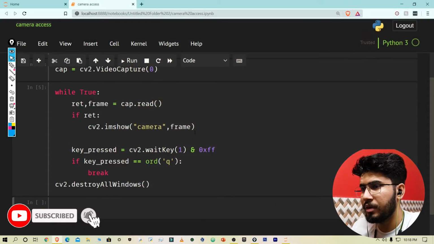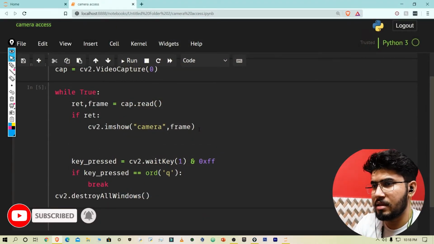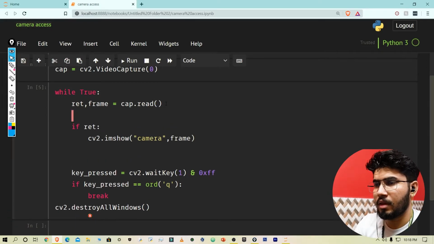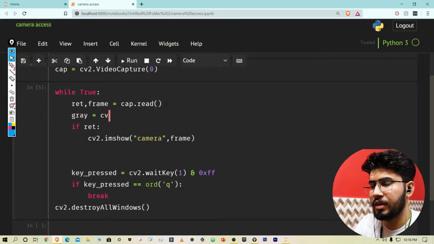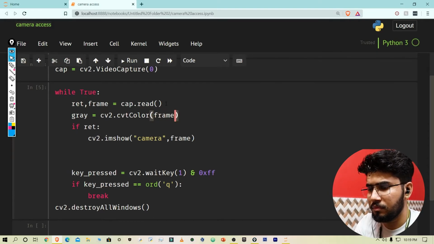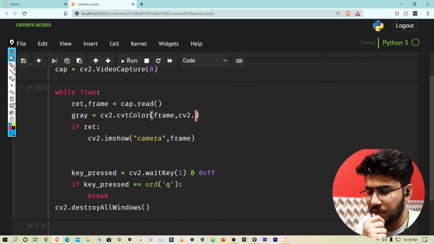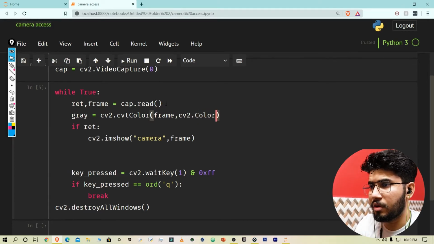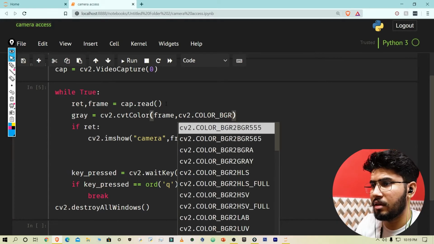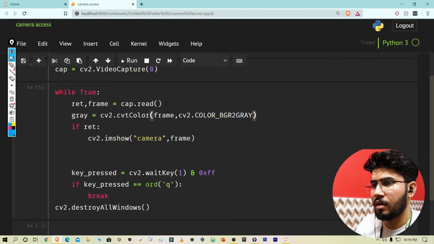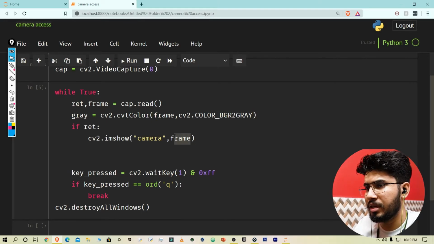So what we can do is write cv2 dot cvt color, and here I need to provide my frame. Then I need to give cv2 dot color underscore bgr to gray, and now I will just use gray.